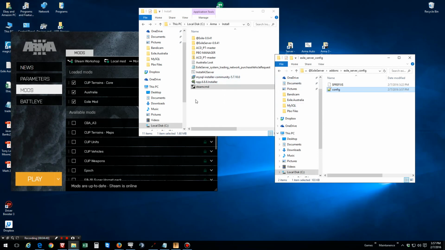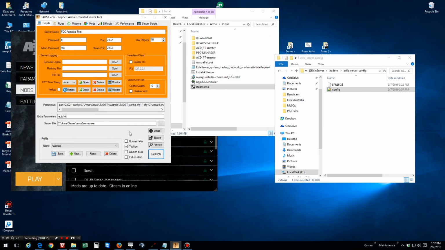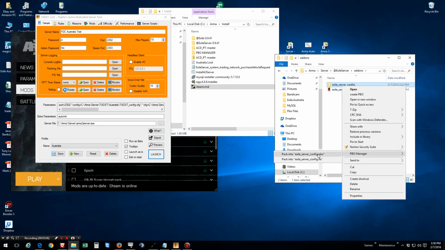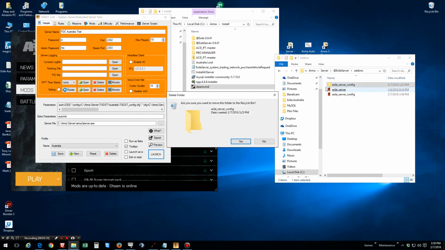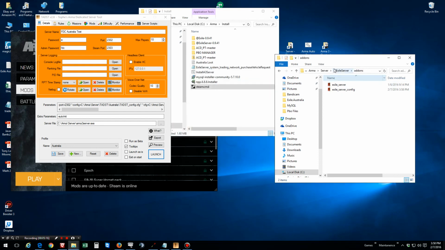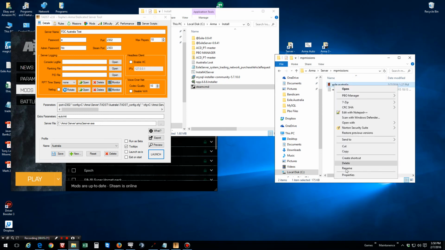I can actually leave this as a folder. And as you can tell, see right here, get rid of that. And now it's just a folder. So we double click on that, save it,